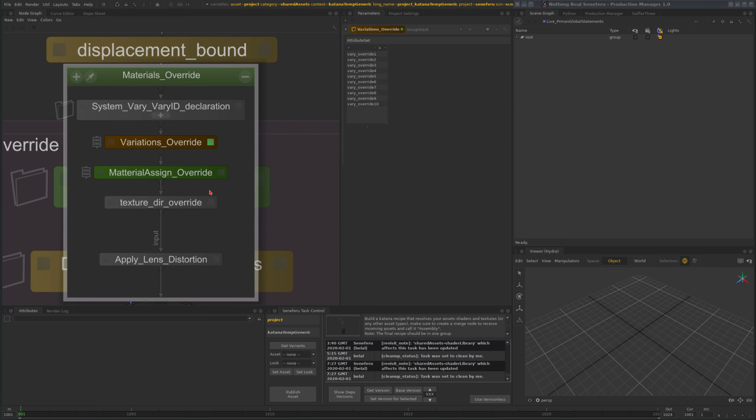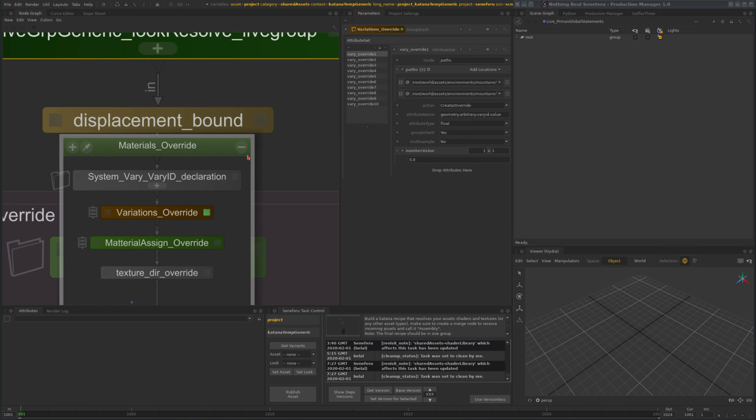The variations override is actually varying the vari ID primitive variable to different values, and this allows you to override what was done randomly. For example, I don't want to go into deep detail about this, but sometimes when you duplicate or reuse the asset several times in the scene, what we are actually doing is setting the vari ID to the instance count of your